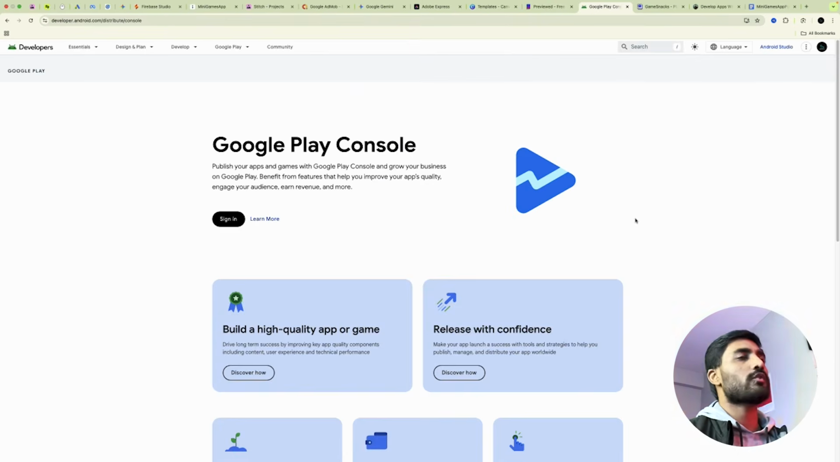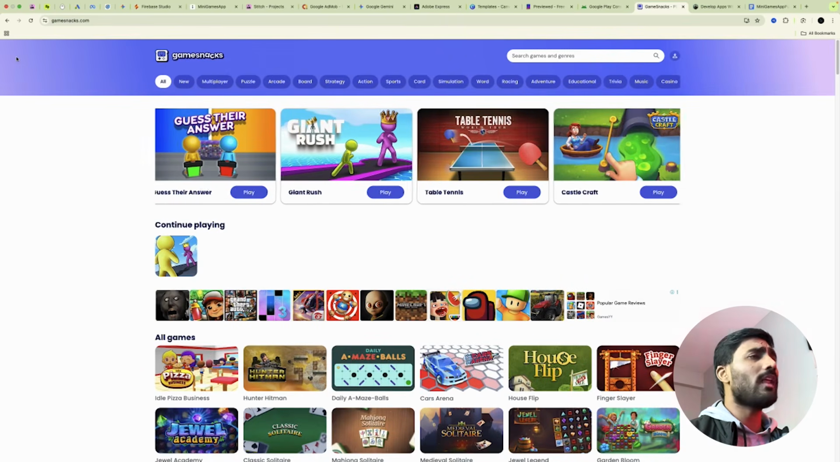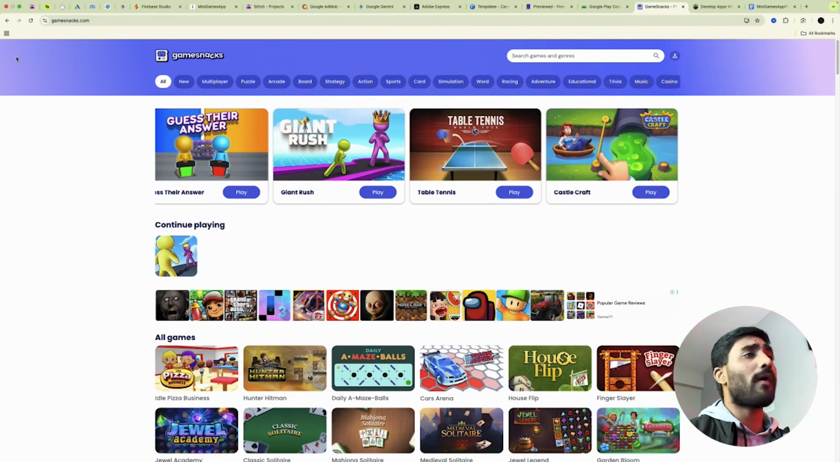And then for sure, so as to publish our application or game and so that users can get access to it and we can monetize it, we will be using Google Play Console. So on Google Play Console, we will publish our application or game. And then the most important tool here is the GameSnacks website,